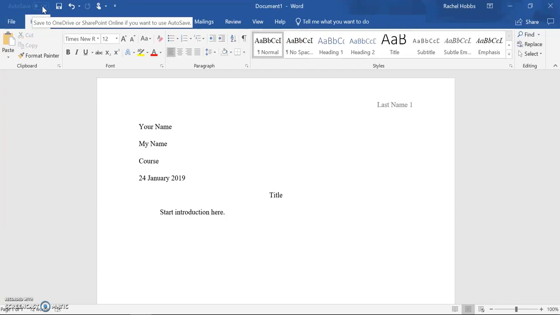I do not like OneDrive, so I don't use it. I always turn my autosave off, and it's just automatically off because I never log into it. So when you've got your own personal computer, now if you're at a computer in the media center that you're not going to use again,